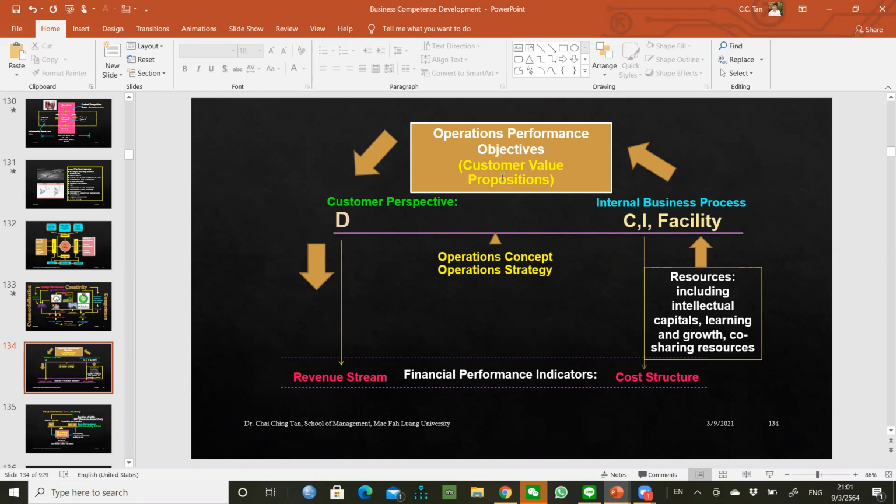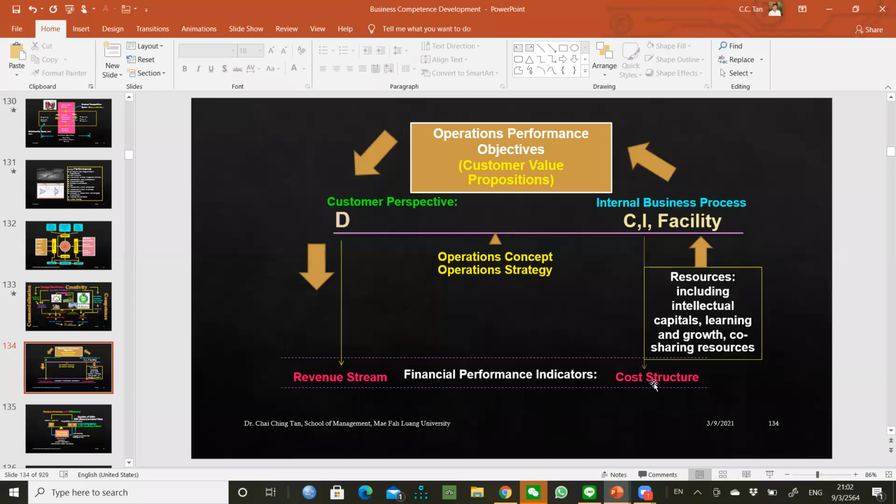Customer, we call it marketing, or in consumer behavior, we call it customer value proposition. So they're all the same thing, right? We study marketing, we study operations. Are they similar? Yes, they're similar. There are just different ways of languages and things like that. But then from there we meet the customer's perspective and generate the revenues and so on and so forth.